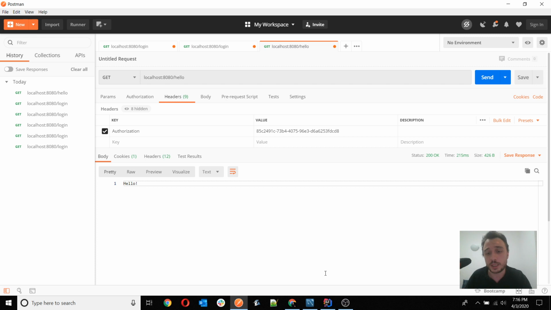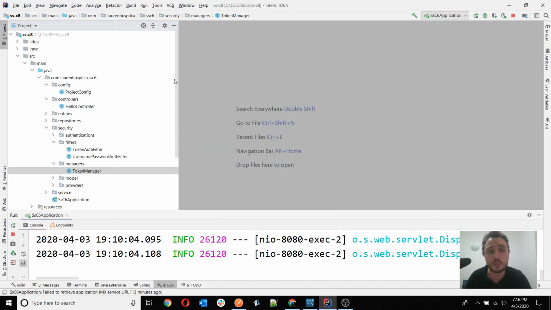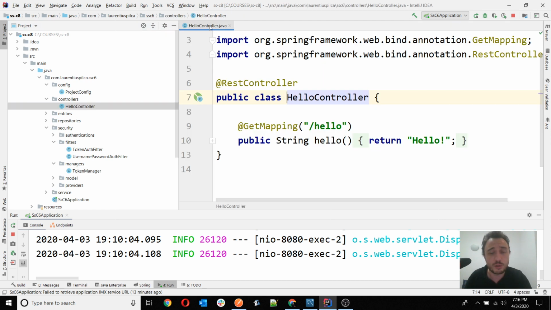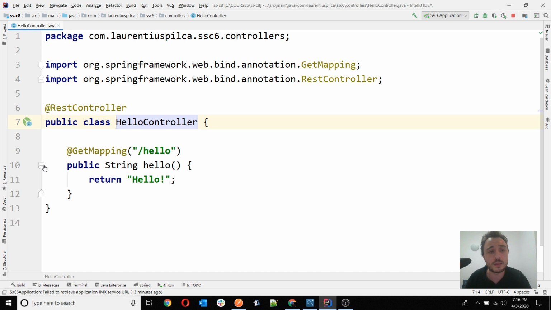Okay, security context. What do we need to know besides the fact that this is where we store the details for authorization? First of all, we can access the details from the security context anywhere, so anywhere in our application and at any layer. And at the endpoint layer is basically where it's the easiest, because you can actually only define the parameter of